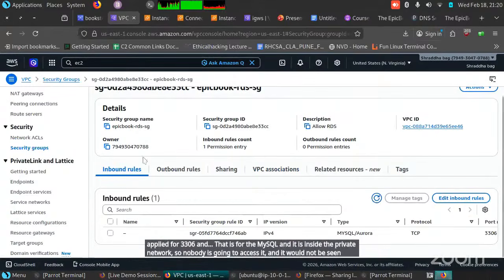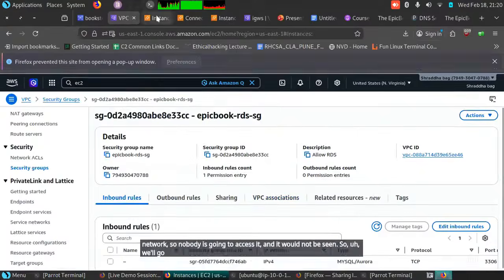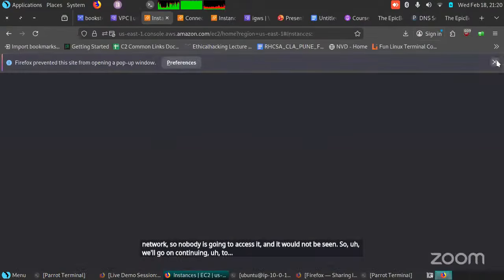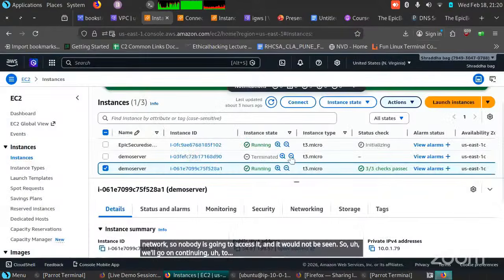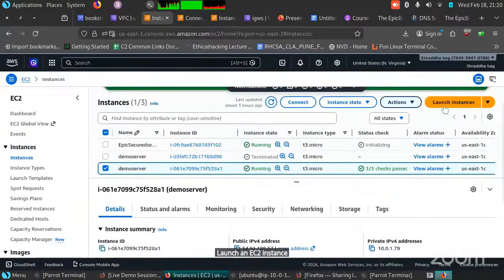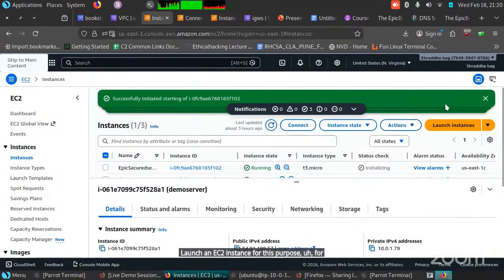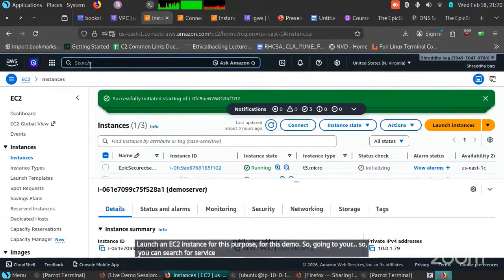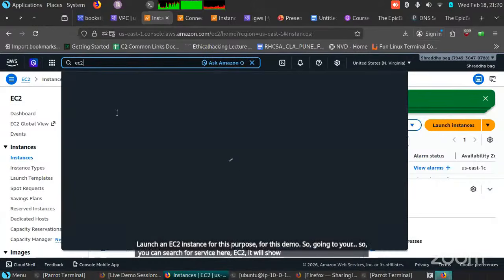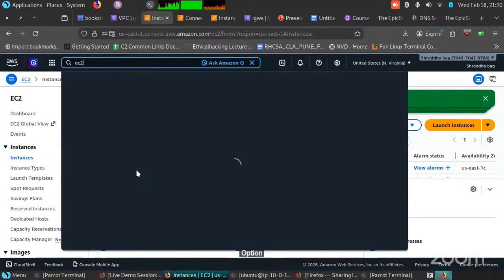So we'll continue to launch an EC2 instance for this demo. Going to your dashboard, you can search for the service here, EC2, and it will show you an option to go to the service. And once you are in this dashboard,